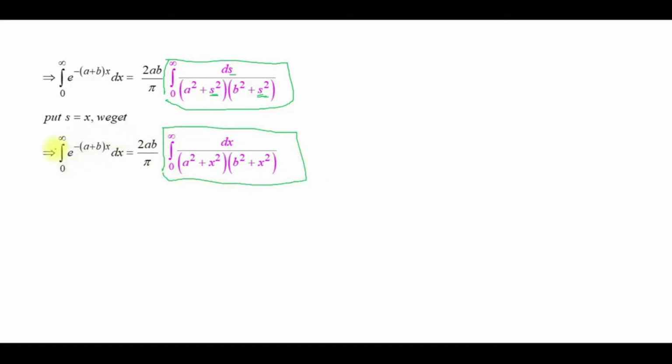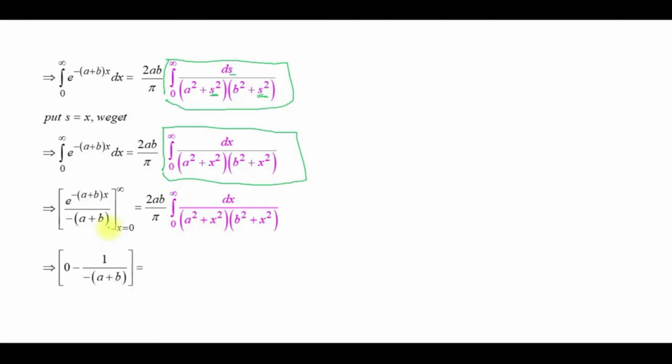So the integration of this one is e power minus (a plus b)x divided by minus (a plus b). The limits are 0 to infinity, which is equal to 2ab by pi times this term. So you know e power minus infinity is 0, so the upper limit is 0 minus the lower limit. When x equal to 0, anything power 0 is 1. So 1 divided by minus (a plus b), above 0 minus of minus 1 divided by (a plus b), which is equal to 2ab by pi times this term. This is minus into minus is plus,